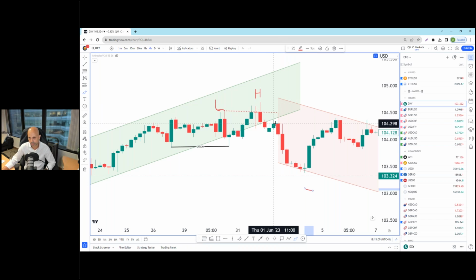And if you had entered short here at about 104.30, you would have gotten at least about 80 pips in profit as well. So pretty decent risk reward ratio, right? 104.30, 104.70, 85. So about 40 pips. You're risking 40 pips to make about 80 pips. So 1 to 2 risk reward. So pretty decent.